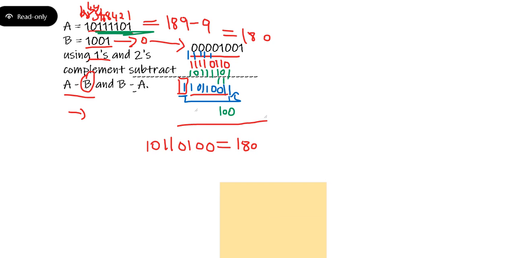Then what are the numbers left here? 0. Then this one 1, 1, 0, 1, right? So what happened here? 1, 0, 1, 1, 0, 1, 0. This is the same as this. Now, what is the value? What has happened here? The carry here, he has not discarded and he has added to the number here.